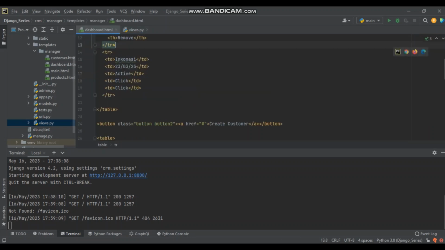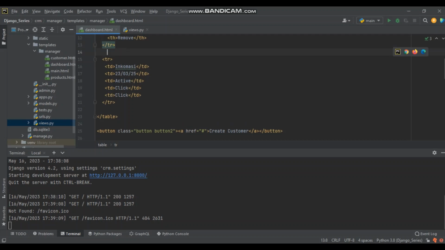So I'll go here and then I'll put in the for loop. And then I'll have to close the tag. Remember, you have to close it. Don't forget to close every tag after you open it. Then we go to end for. We end the for loop, and then here we will